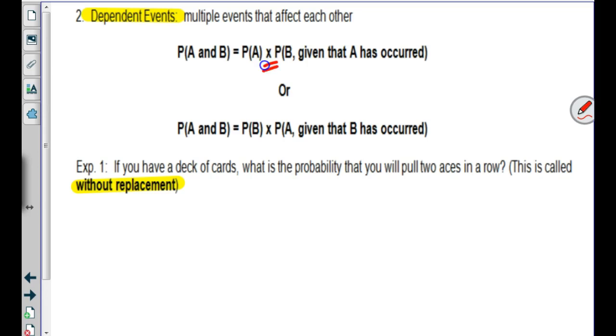Okay, multiply in here. So if you have a deck of cards, what's the probability that you pull 2 aces in a row, and that's without replacement? Okay, so the first chance you get an ace, how many aces are there? 4. Out of, okay, notice then it says you multiply by the probability, assuming that you won the first time. It's always given that you won the first time. So if we got an ace, how many are left? 3. Out of now